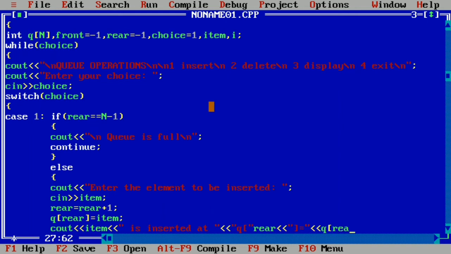So here we'll write q of rear and then endl.